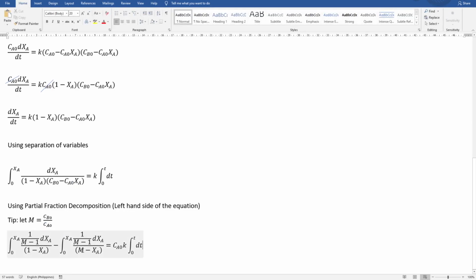So munang natay m na variable dira because para dali lang ang integration and dili daghan ang ato